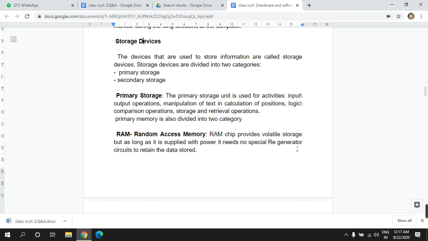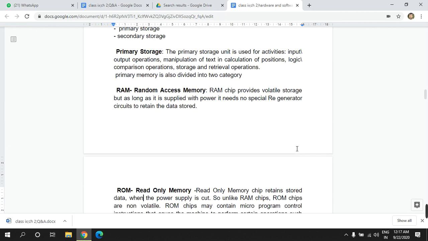So what is RAM? RAM stands for random access memory. Whatever work we do on a computer, we are doing in the random access memory. And random access memory is also called a volatile memory or temporary memory, because in random access memory the data remains till the power is switched on or the software is on. As soon as the power goes off, or we shut down the computer, or we close the software, whatever is in the RAM is wiped out. So whatever data is in the RAM has to be saved to the secondary storage for permanent storage.